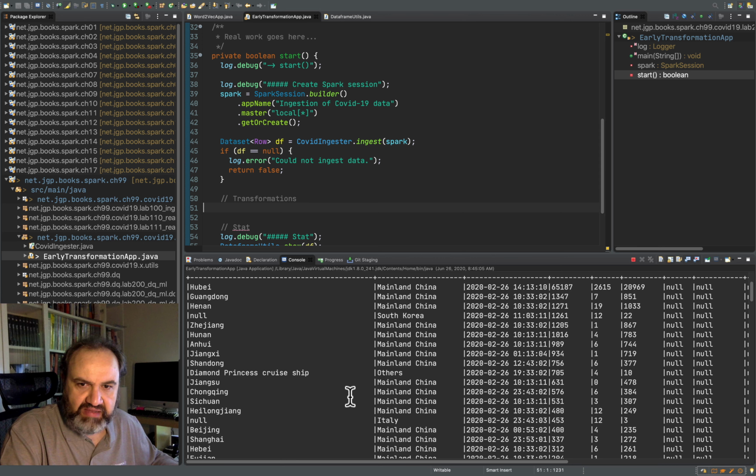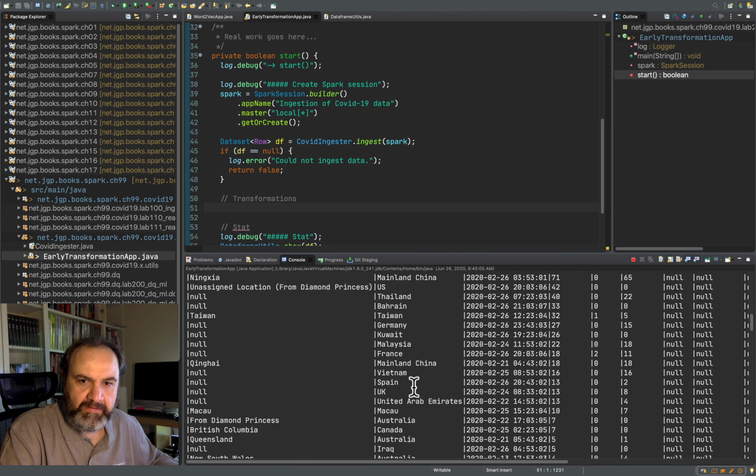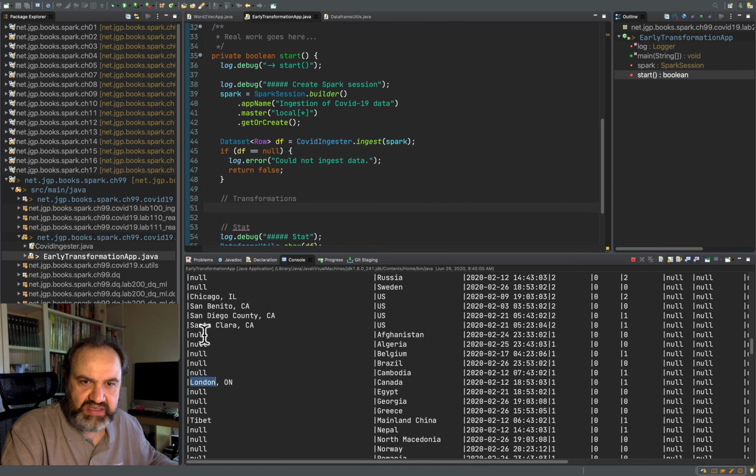When you look at the data here, you start seeing things like mainland China, and here you see that you don't have a state. You've got London, Ontario, which is a city in Canada, but it's not really a state or province. Same thing here for Santa Clara.